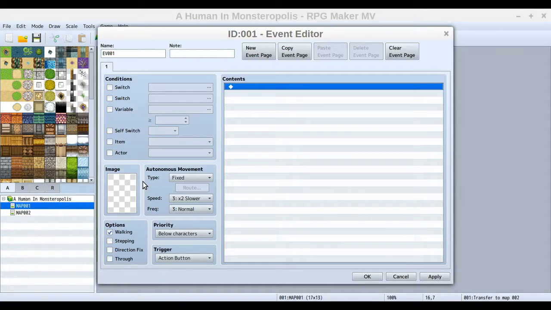of event because we don't want anything to show up on the map where they can walk. We just want it to be invisible, and then when they step there, then it transfers them. So